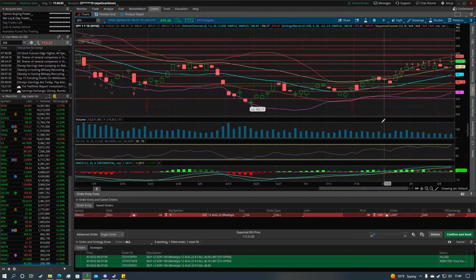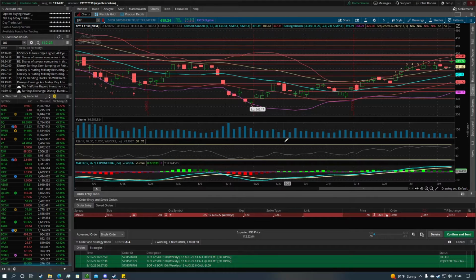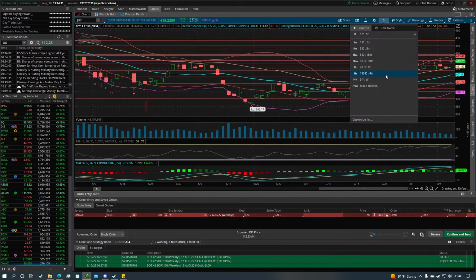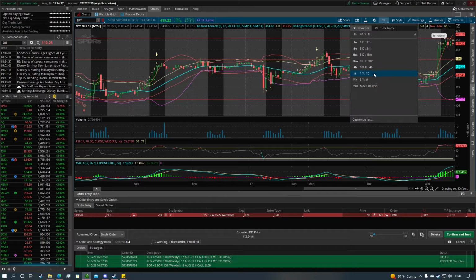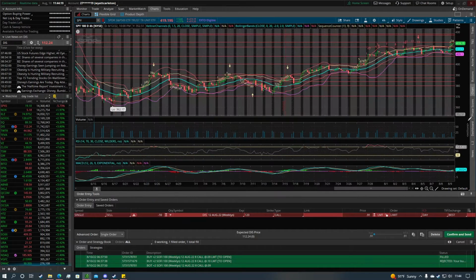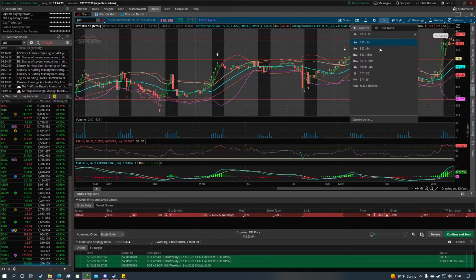Like I said, the MACD is generally good for swing trades, not too much for intraday. If I was going to use intraday or really short swing trades, I would use the 4-hour and 1-hour, or maybe even the 30-minute,